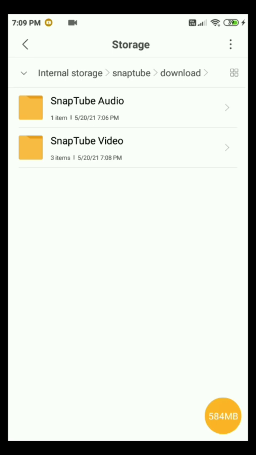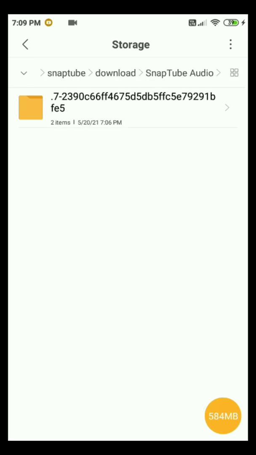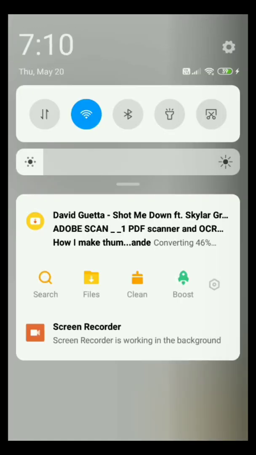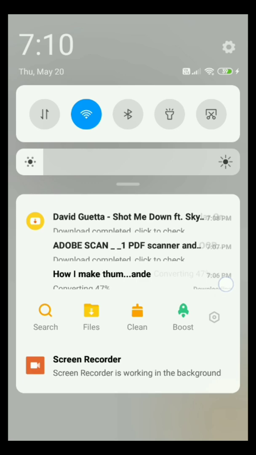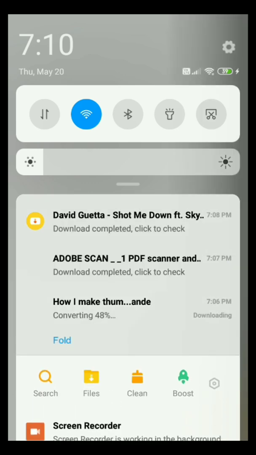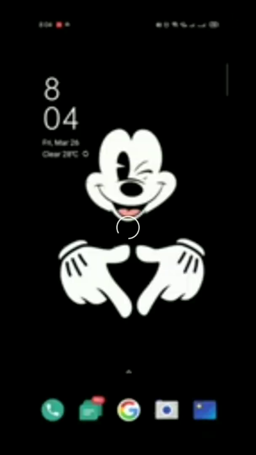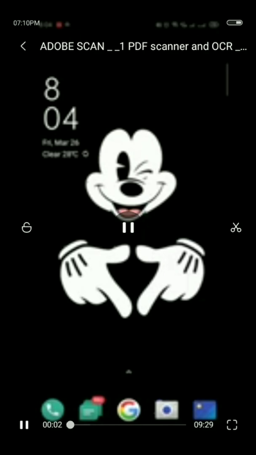After that, I'll just show you this one. As I have selected the 144 pixel option, it has got downloaded in that way. And if I select 4K also, it will get downloaded in 4K only. So nothing to worry about. And the audio, maybe it will get downloaded within moments.